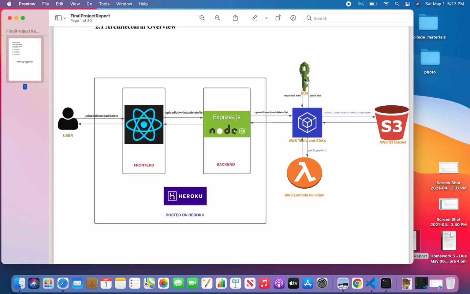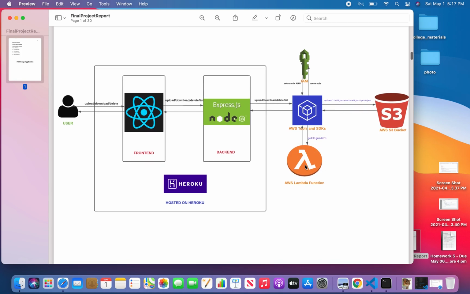So one more thing here is the IAM role. Why is the IAM role used? Because IAM generates the policy for a particular S3 bucket. It is used to securely control access to AWS services. IAM allows us to create and manage AWS users. And apart from that, it provides us permissions, like who can access the S3 bucket and so on.